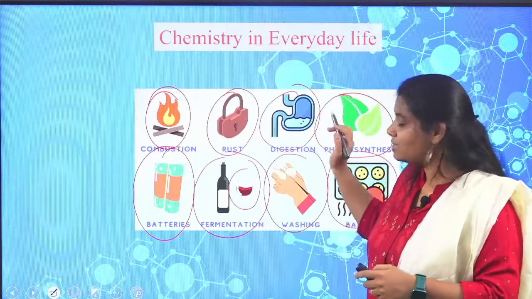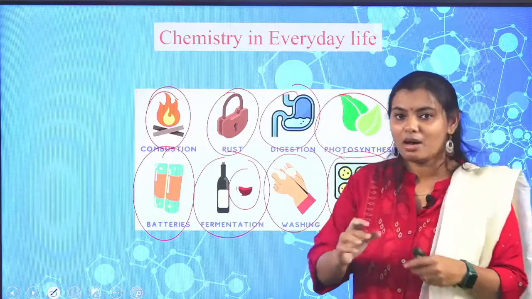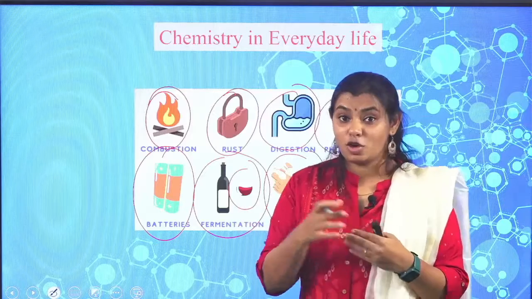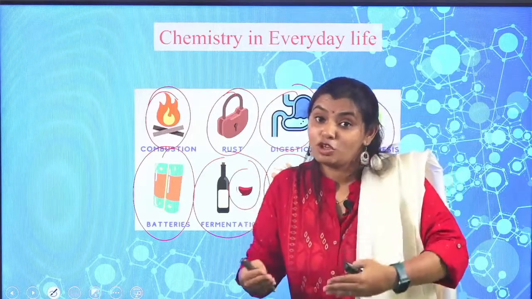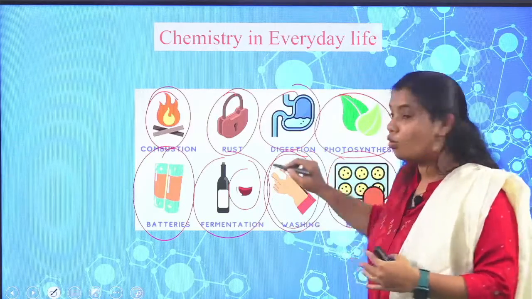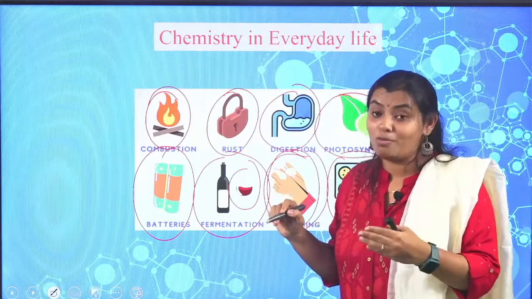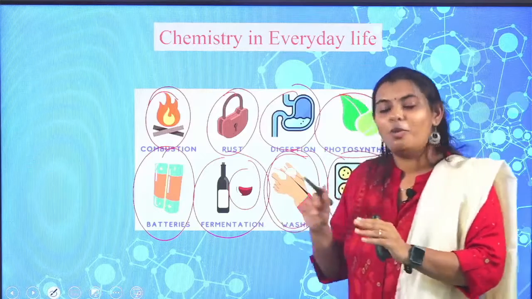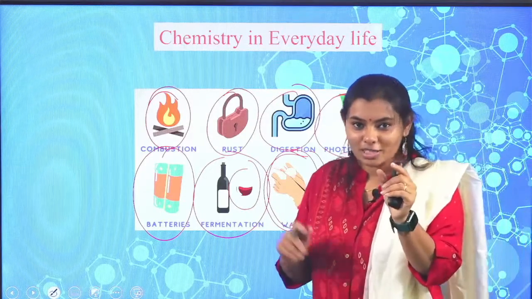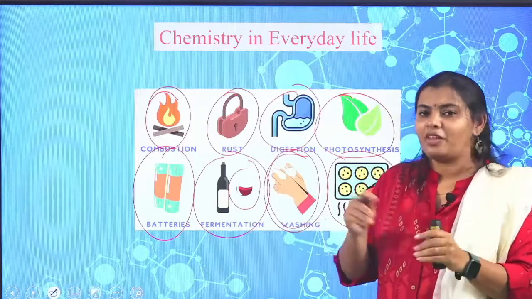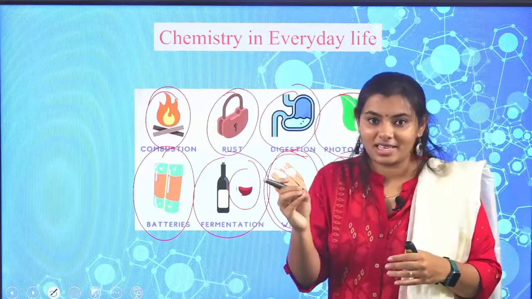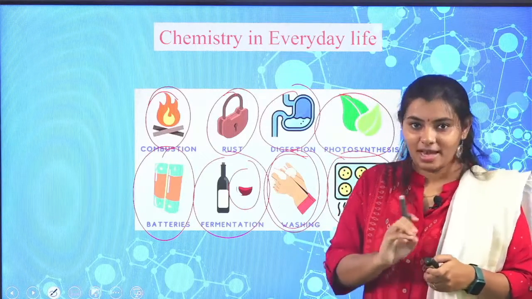So in this chapter what exactly we will be studying is about drugs. How exactly a drug works, what are the various kinds of drugs, how exactly is the action of these drugs on our body, along with, as in this particular part, washing of hands, how exactly soaps are formed, so about soaps and detergents, about all of those we will be studying in chemistry in everyday life. In this particular chapter especially, there will be a lot of one-marker questions, which will be asked in your competitive exams, which is very important for your competitive exams.